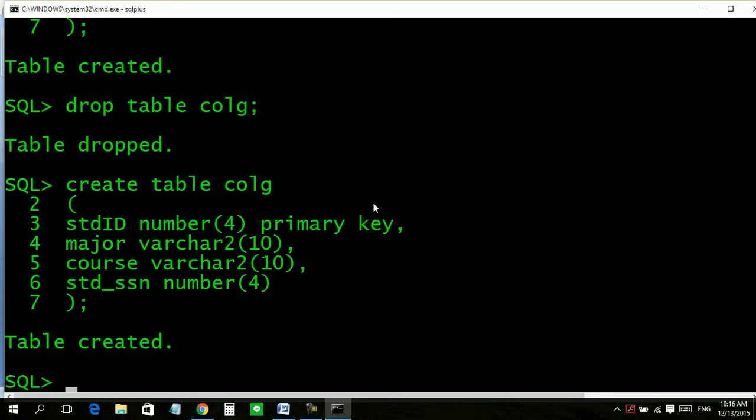Now we have not put the foreign key here, we will put it right now. Alter table college, add foreign key.